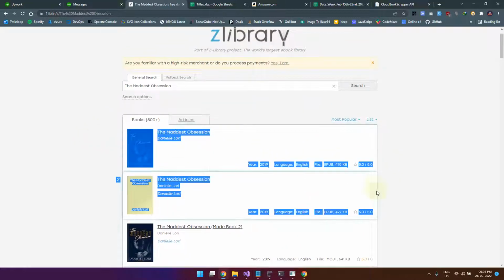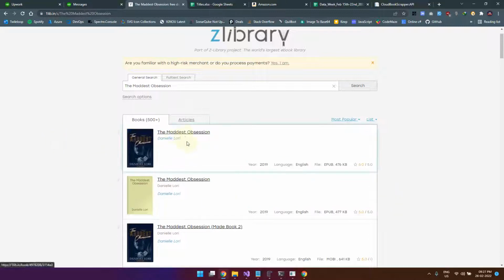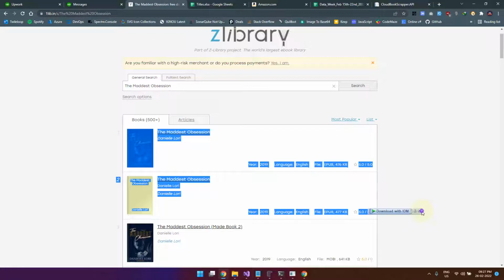Now that we have come with two books and their names look similar, their author looks similar, but their links are different. This one is going to one link and this one is going to another link. So how do you want me to consider which one to take when I get two results like this? That is one point I have, which I need your input to continue the development. That is one thing.